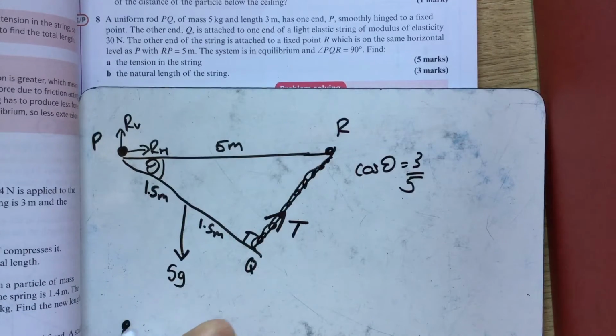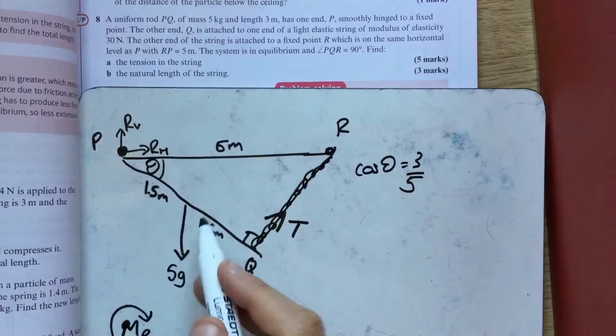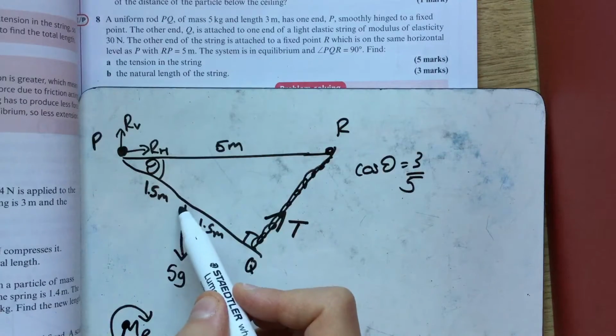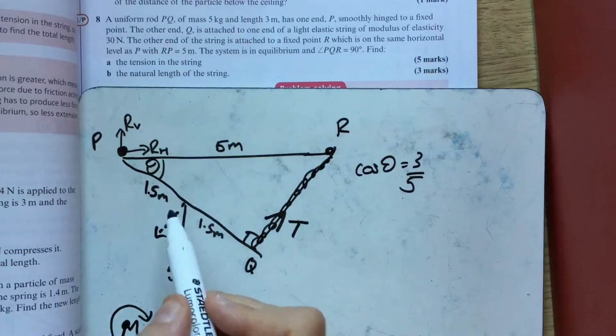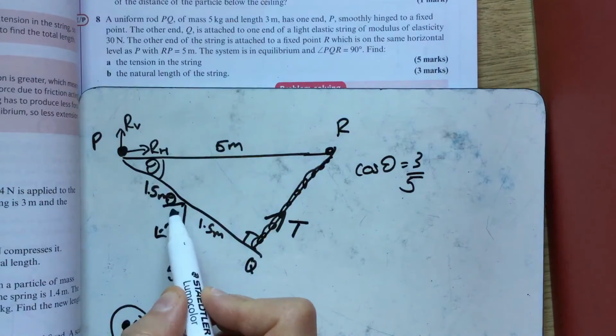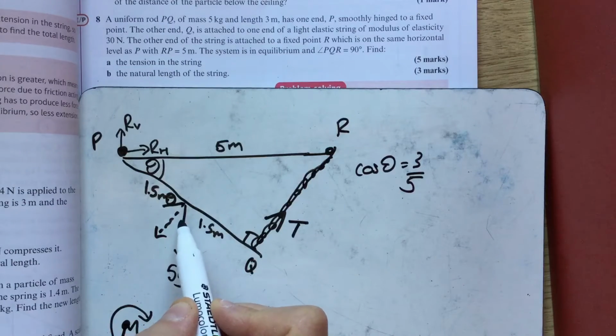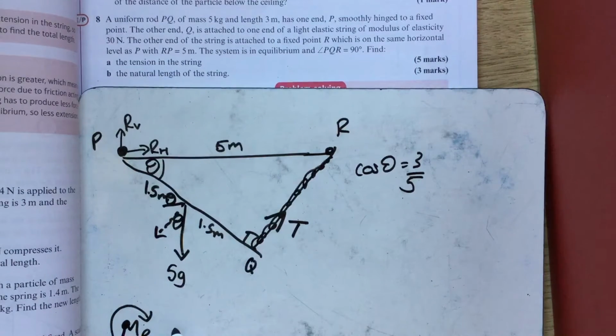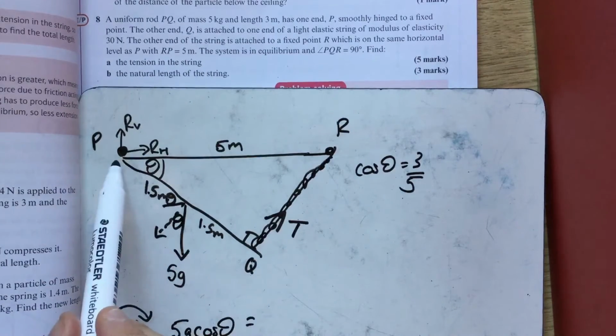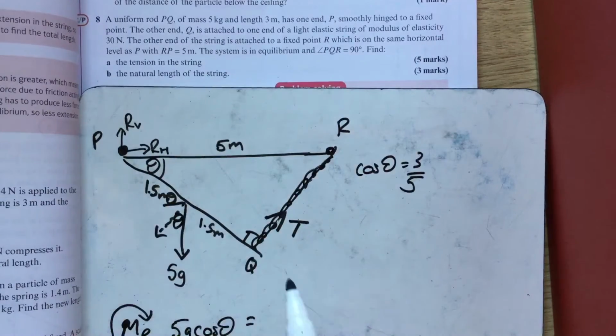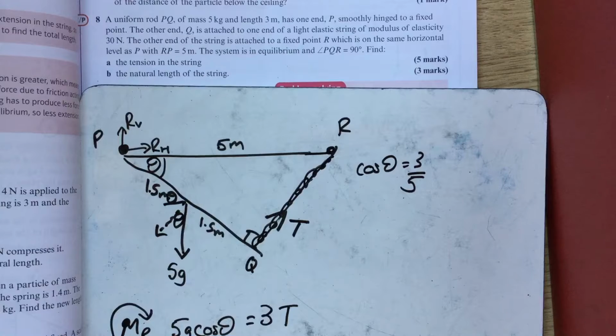So if I'm taking moments at the point P in a clockwise direction, we can see the clockwise bit is actually this component of the 5G. Well, if that's theta, then this is theta. This angle is 90 minus theta, so this one again is theta. So we're going to end up with 5G cos theta, and then that's going to be equal to, here's my lovely little L shape for my tension, so that is just going to be equal to 3 times by T. Cos theta was 3 over 5, so this is just 5G times 3 over 5 equals 3T. So lovely, stuff cancels, the 3's cancel,